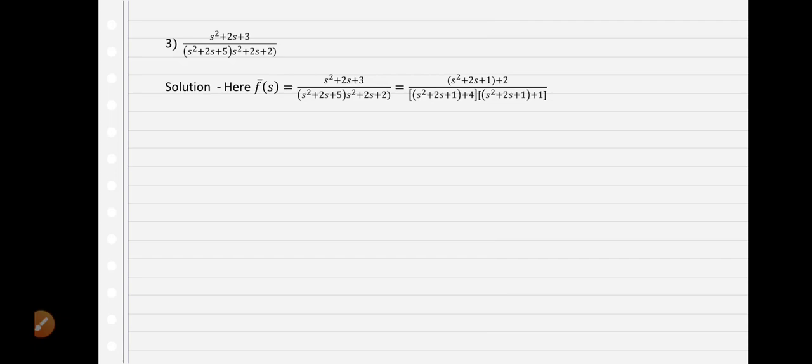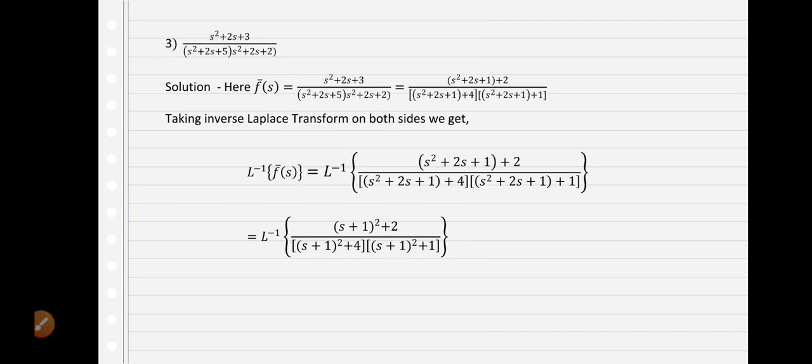In the denominator, the second term plus 2 is there, which can be written as 1 plus 1. Now see, everywhere we have obtained the s square plus 2s plus 1 term, which is nothing but the square of s plus 1. So this can be written as L inverse of (s plus 1) square plus 2 upon (s plus 1) square plus 4 into (s plus 1) square plus 1. So here first we will apply the shifting theorem of inverse Laplace transform, so that it will simplify